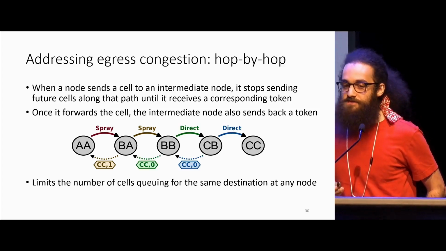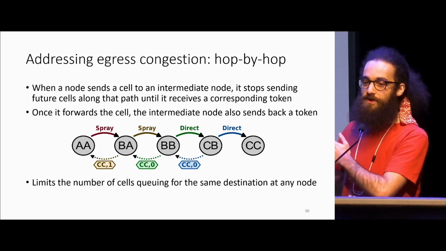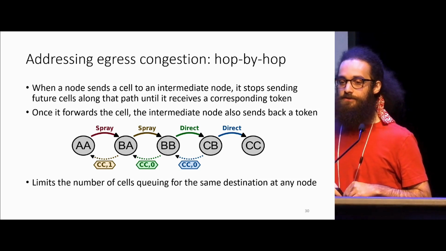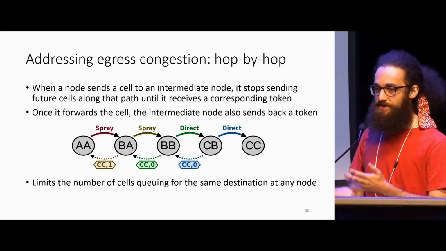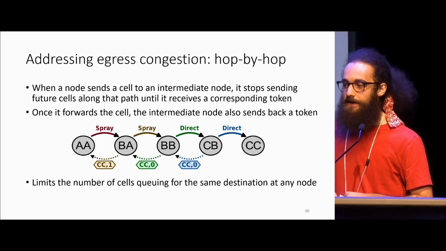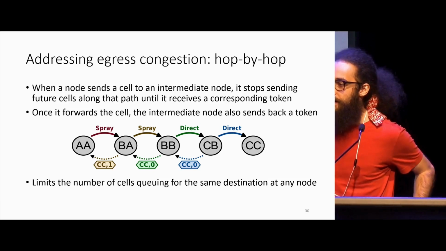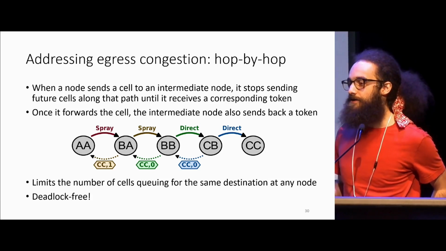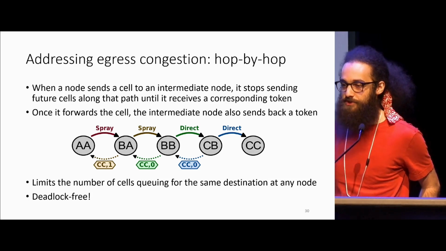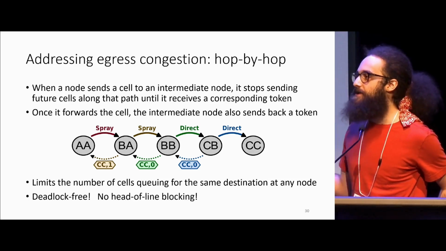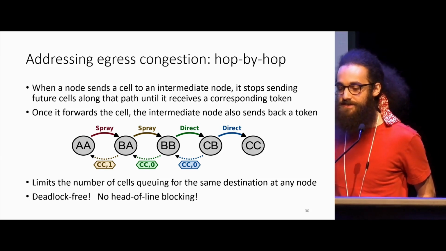And then this is going to continue throughout the rest of this path. This prevents cells from piling up in the final queues right before the destination, and that lowers our buffer pressure at each node. It also improves our performance. And we implement this in a very careful way that avoids deadlocking from happening. And in our implementation, we also use specialized queues, push and extract out queues, that enable us to avoid head-of-line blocking. Please see our paper for details.